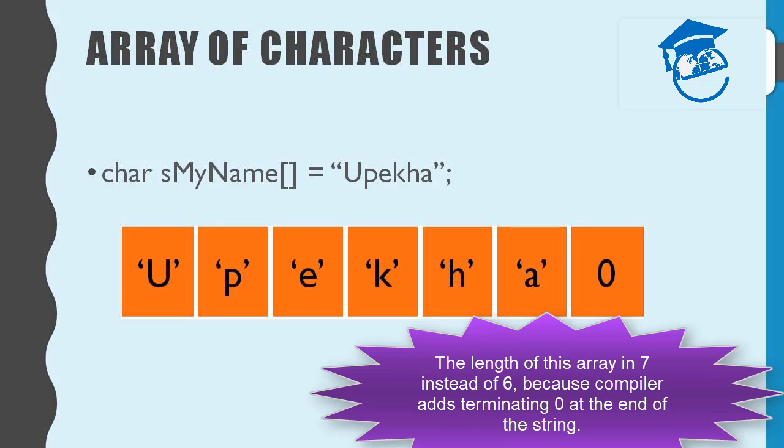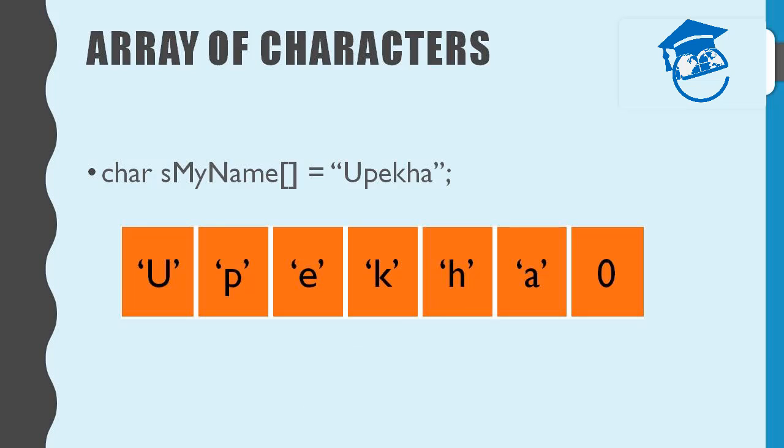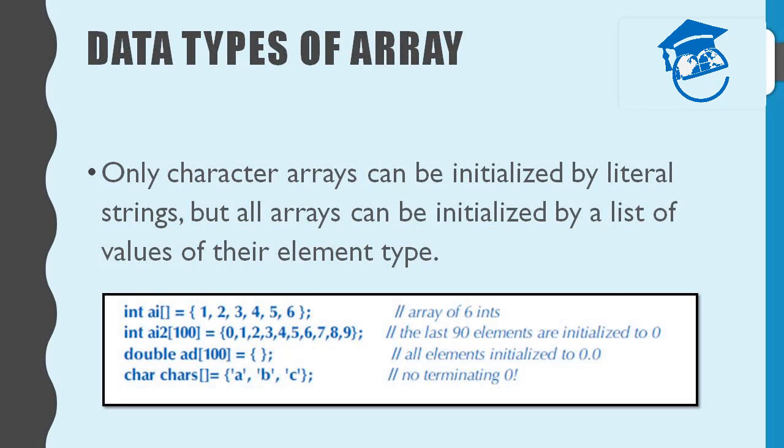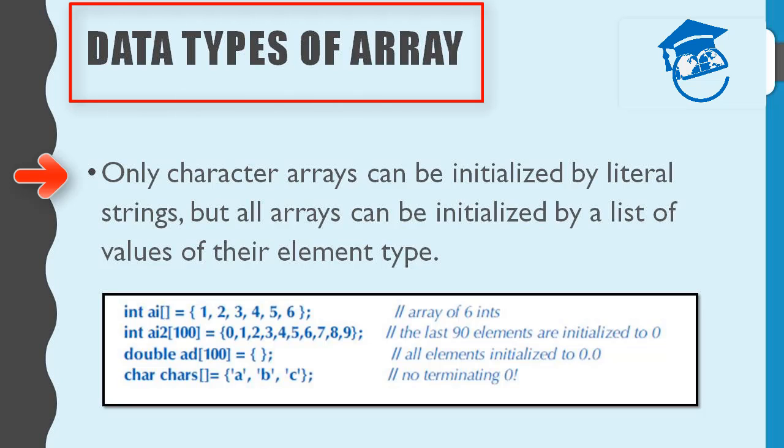A 0 terminated string is the norm in C and many systems. We call such a 0 terminated array of characters a C-style string. All string literals are C-style strings. Now note that the char with the numeric value 0 is not the character 0. The purpose of that terminating 0 is to allow functions to find the end of the string. Now if I note it down, only character arrays can be initialized by string literals, but all the arrays can